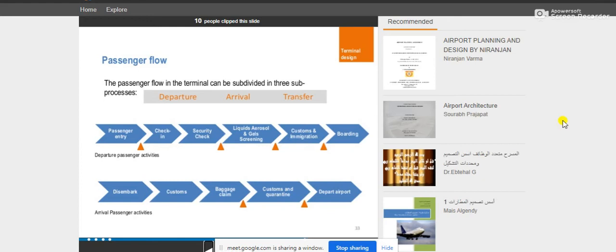He or she has to check in, then go through a security check, then screening, then customs and immigration, and then he or she will board the aircraft.